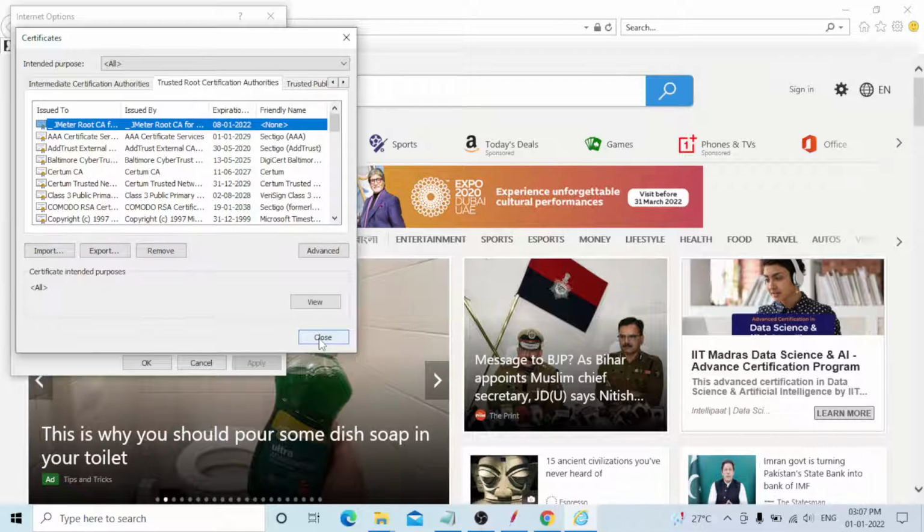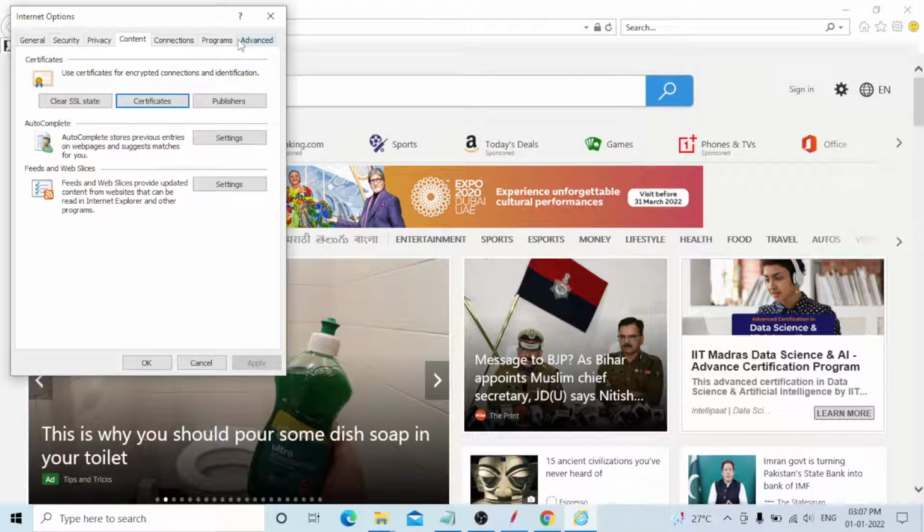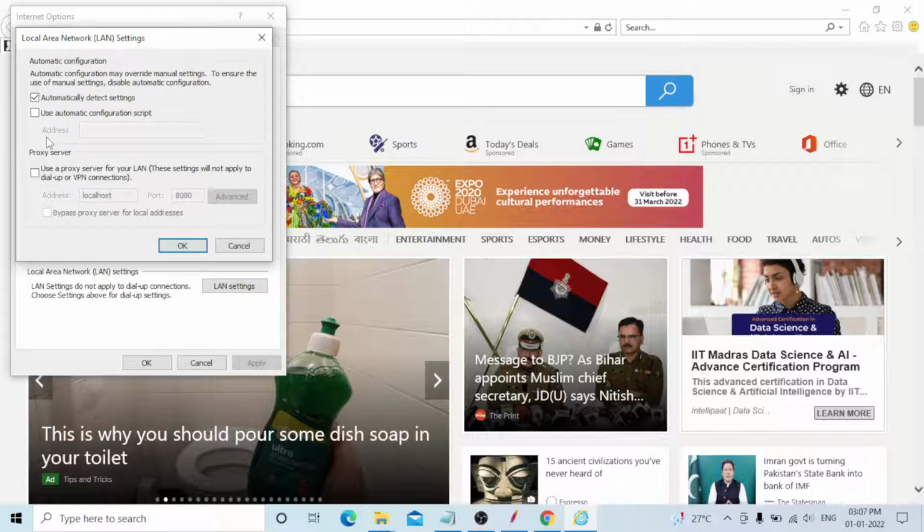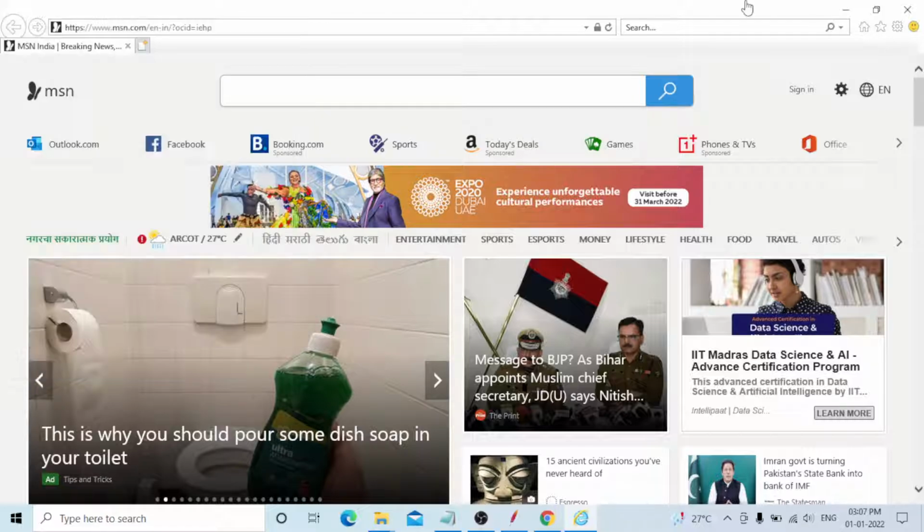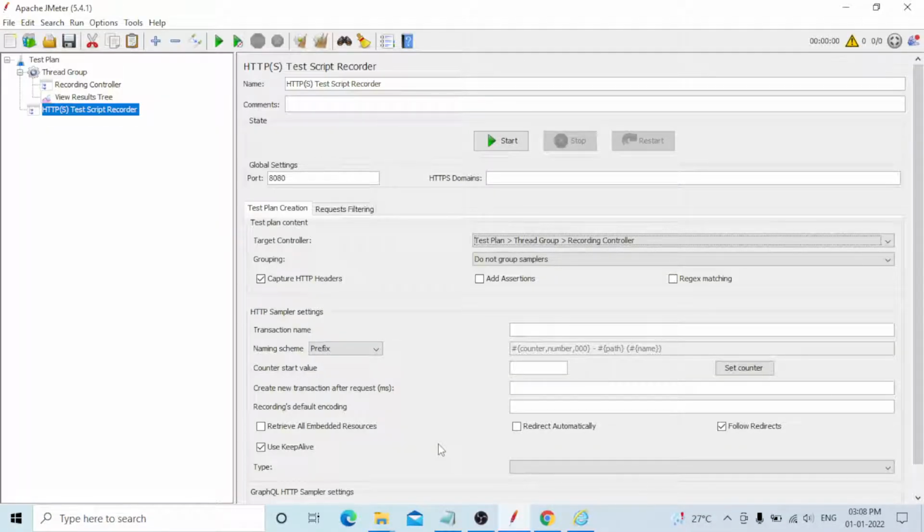After that, go to connections, go to LAN settings, remove automatic detect settings, select the proxy server, and set localhost 8080. Now the setup is completely done.